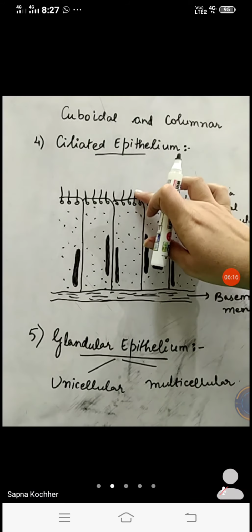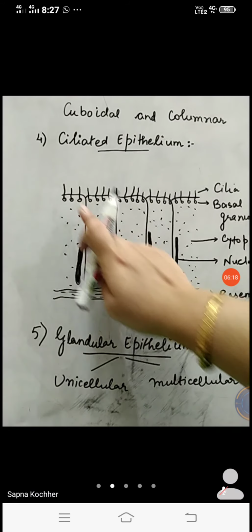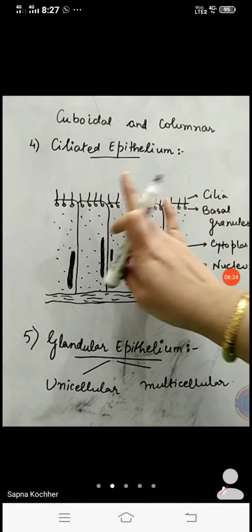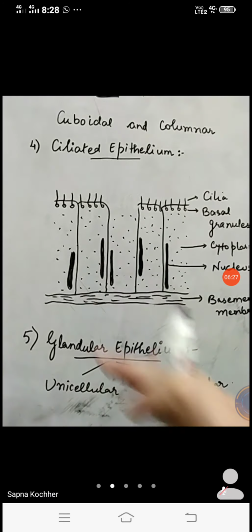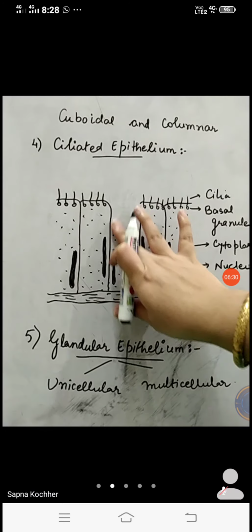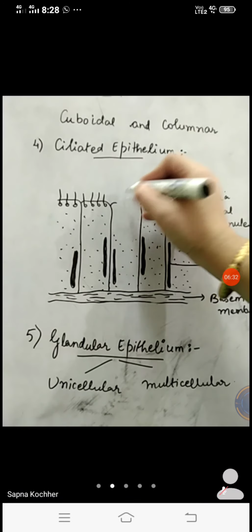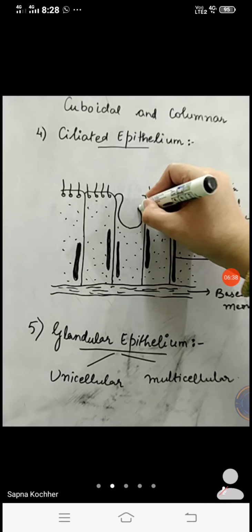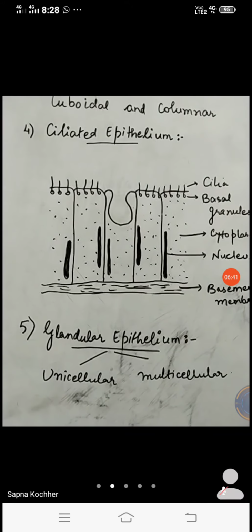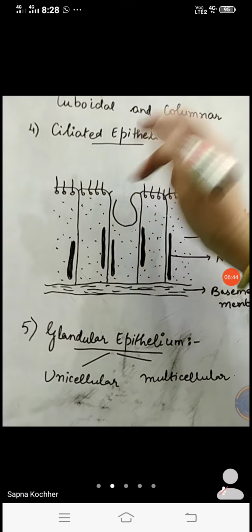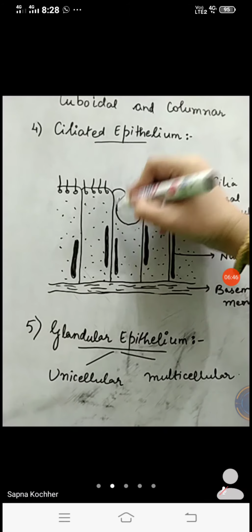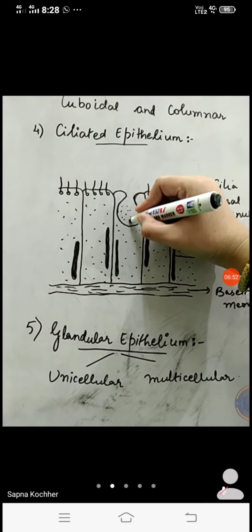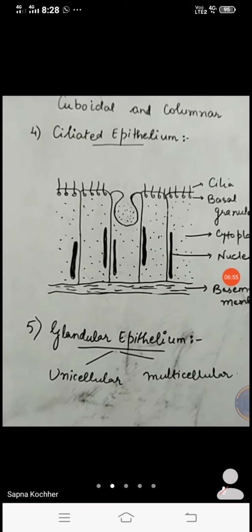Uni means single, isolated, alone, right? If supposing there is a modification made in these cells, these can be ciliated, columnar, glandular as well. So if supposing this cell has been modified, I'm just drawing the diagram within it only. I'm modifying this cell over here. So let's say this cell has been modified, producing a gland. So the surface has now been embedded, that is, it has produced a gland like this near to the surface, and it has become secretive, right? So this is the gland with a neck that will be secreting out the chemicals. So these are the secretions, the special secretions of the gland.